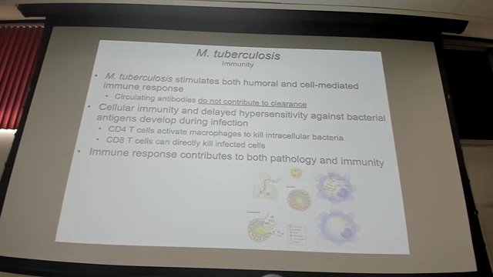Antibodies are really good at clearing extracellular bacteria, extracellular pathogens, toxins, things like that. But when you have intracellular bacteria, things like mycobacterium, the rickettsias, coxiellas, listerias, some of the things we've been talking about, then the cell-mediated response is going to be super important. That's not to say you don't raise antibodies to Mycobacterium tuberculosis. You do, against some surface antigens on those bacteria. But it doesn't do a whole lot to help clear the infection. It's a cell-mediated response, CMI, that does the heavy lifting. And that's because of CD8 T cells doing their things to clear infections.